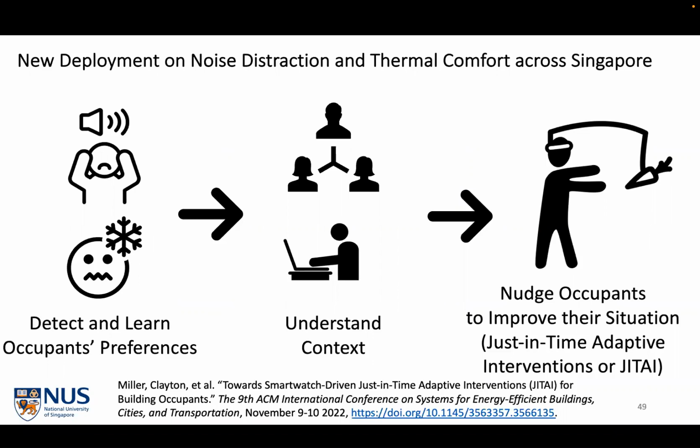So we have a study that's ongoing right now where we're learning people's preferences using EMAs. We're creating models. We're understanding the context, who they're with, what they're doing. And then we use a technique called just-in-time adaptive interventions, or JITAIs, to send them messages that help them improve their situation potentially. So if any of you have worn a smartwatch, you know this because, for example, I wear an Apple Watch and it tells me to breathe and relax. I think it knows that I'm stressed out, assistant professor, right? So a lot of these watches tell you to stand up or take a few steps. So it's in that same type of direction.